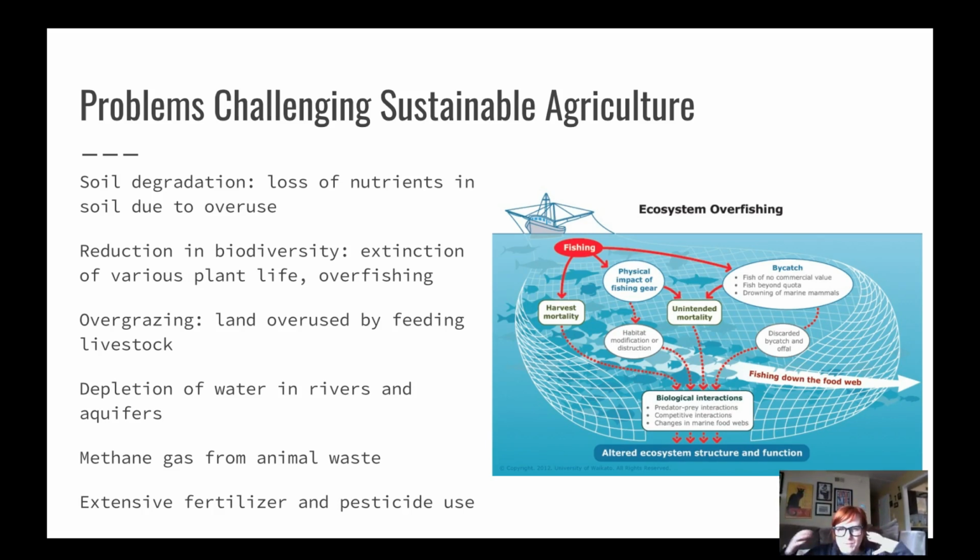So, yeah, that's kind of where the current state of agriculture is at. We are making more food than ever before. There are still people that are starving, however, and if we keep going the way that we're going, then we're going to run into some really big problems. So maybe you guys can come up with some solutions and save the world. That would be awesome.